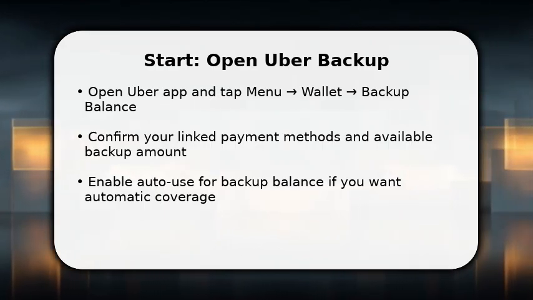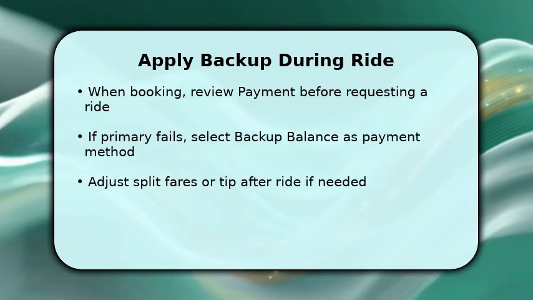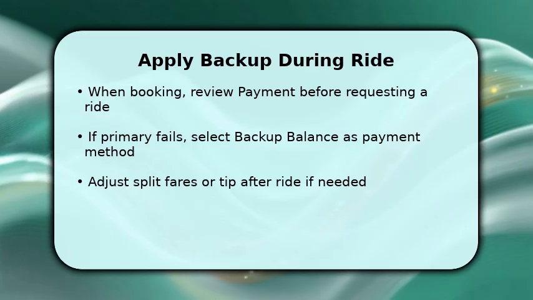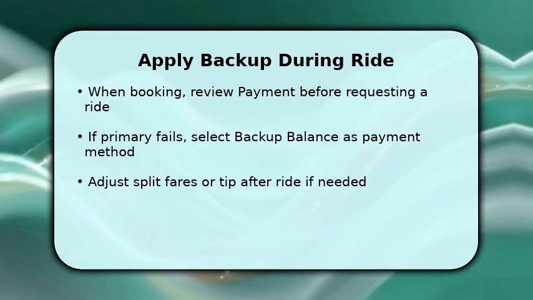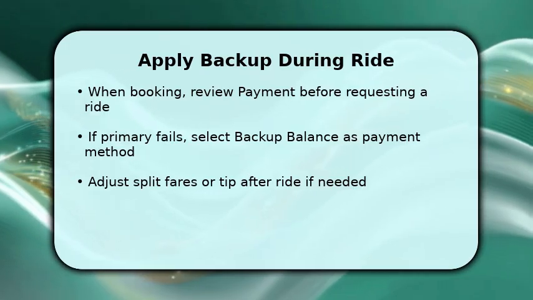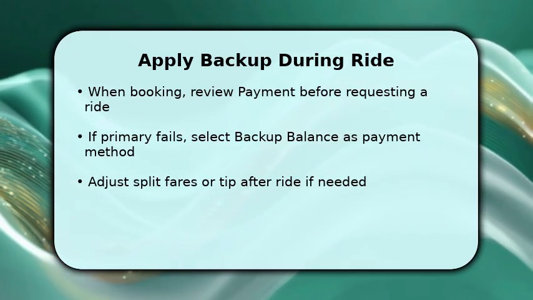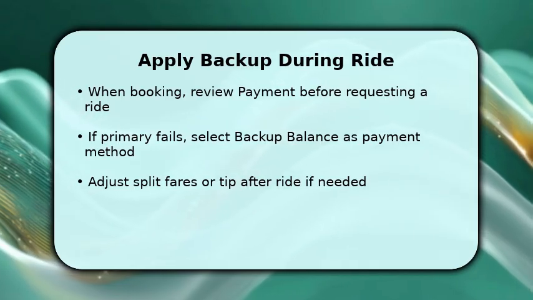Small version mismatches can hide options. You request a ride and immediately glance at payment to confirm primary is selected. This prevents surprises. If the primary method declines, tap Payment and choose Backup Balance to complete the trip. This avoids cancellation. Once the ride ends, you can open the receipt, change payment to split fare, or adjust tip